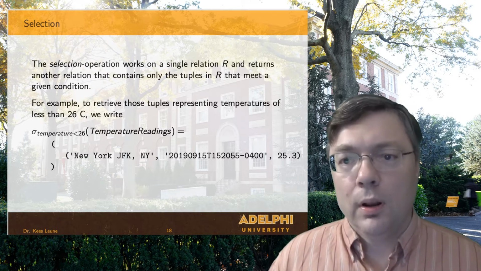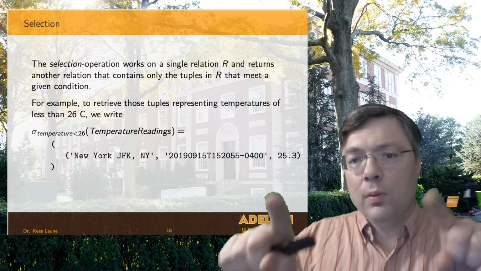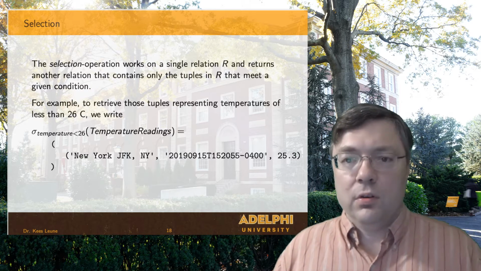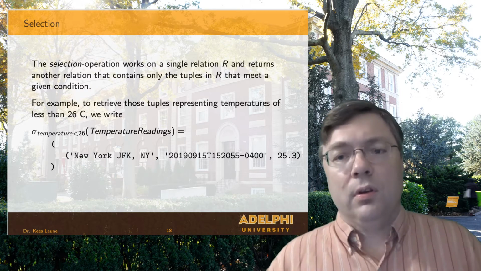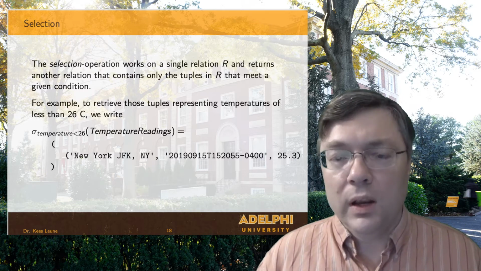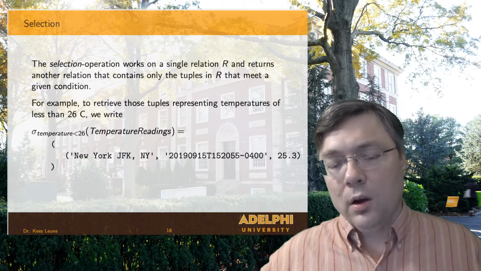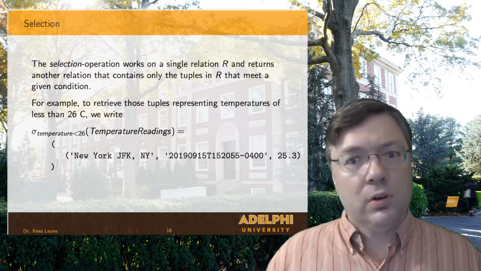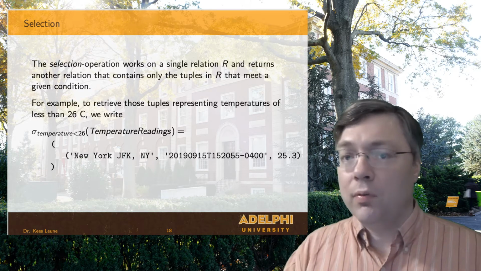So temperature less than 26. And then between parentheses again, the relation or the name of the relation that I'm interested in. And that's going to yield the entire width of my relation, all of the attributes, because I'm not filtering anything vertically, I'm only filtering horizontally,